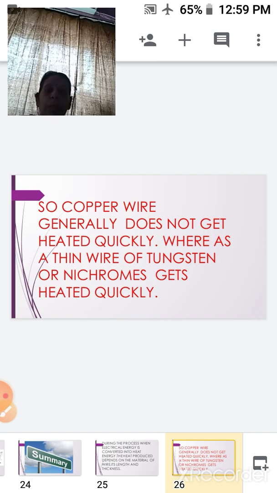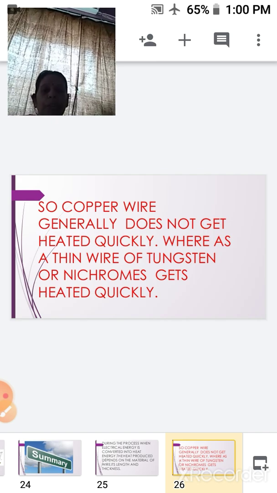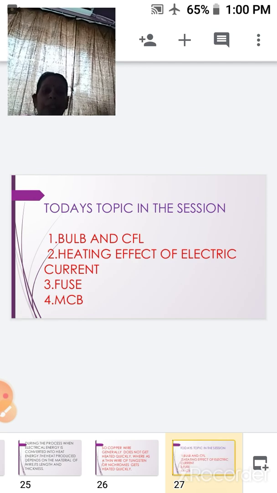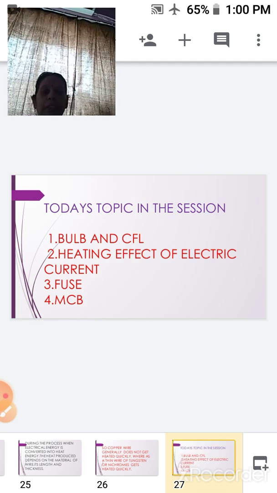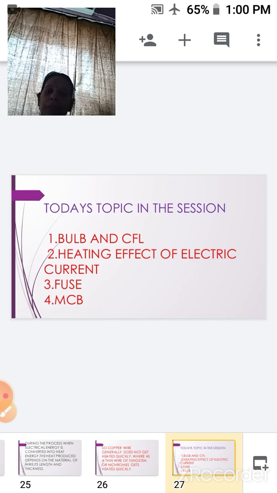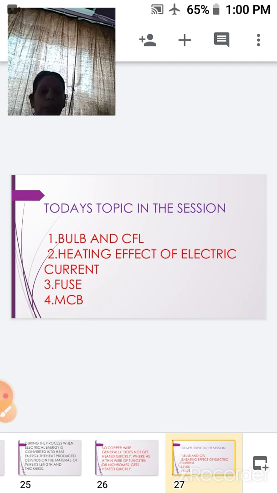So today in the session, we covered the difference between bulbs and CFLs, that means the uses of the same. Then we talked about the heating effect of the electric current in many household appliances. We talked about the fuse, the cartridge fuse, the normal fuse, and even the MCBs. Hope that you have understood.